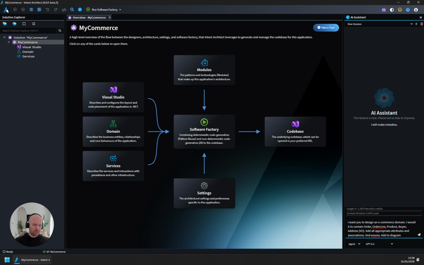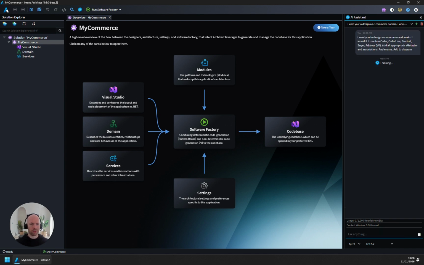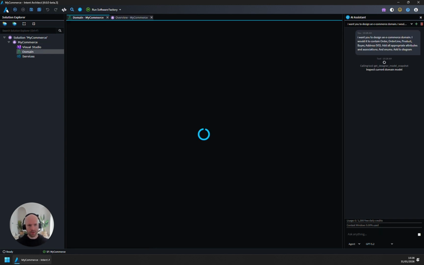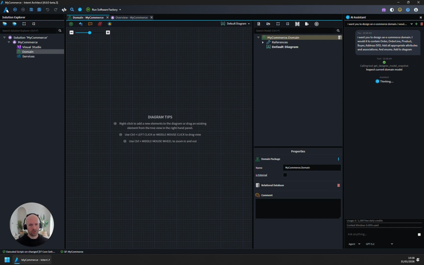A lot of the stuff you don't necessarily need to say. Intent Architect has a lot of the context behind it and knows what to do. But if you want to be explicit so that the LLM doesn't get confused, we can just go ahead and be a bit more explicit. So we can fire that off. What you'll see is it's got the controls. It says, let me go and inspect the domain, and let me check what's inside of the package. At this point, it's probably going to start doing quite a bit of thinking,